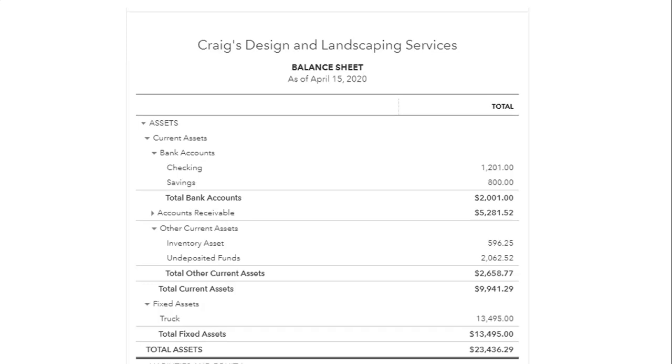So here's what the balance sheet looks like. The balance sheet is listed in order of liquidity, and by liquidity, I mean it goes in order of things that can be most quickly converted to cash. So cash and bank accounts will always be at the top of your balance sheet. Here, this is just the asset section, the top half of my balance sheet. You can see that I've got checking and savings, I've got inventory, we've got a fixed asset of a truck, and notice that the total assets are